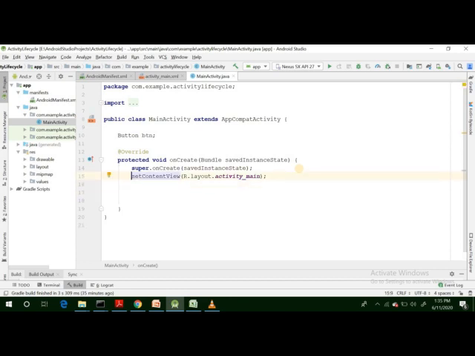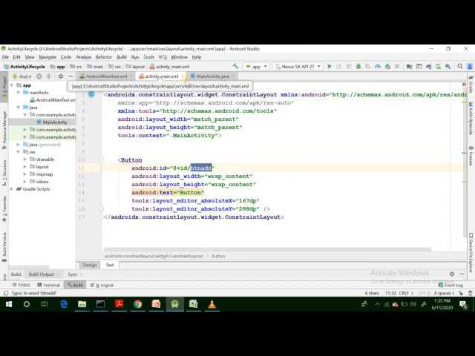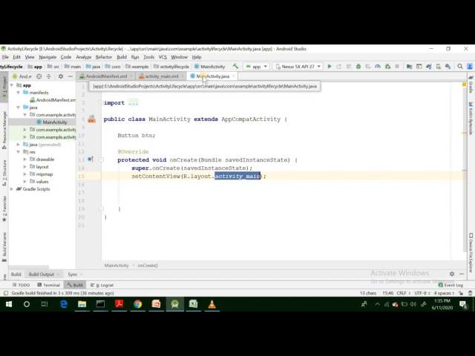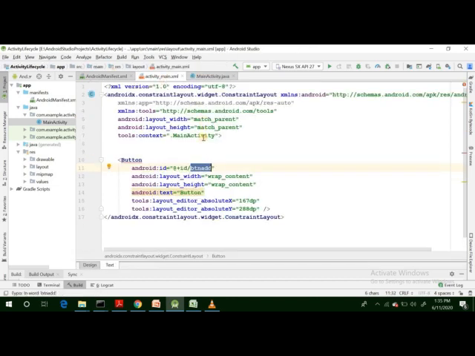Now this line is showing that we are using the layout file that we created with that activity. I already told you there are two different files with a single activity. One of them is the layout file and one of them is the Java file, which is used to implement the behavior behind the views inside the layout file.